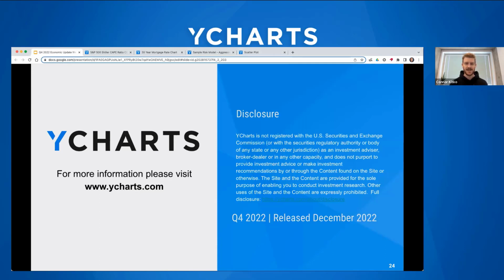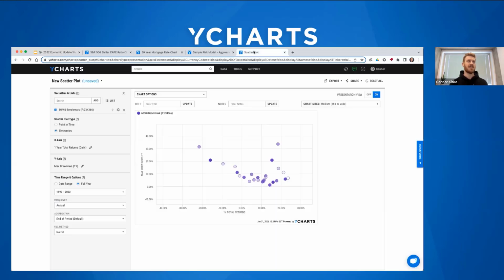So we got a few questions. Otis and a couple other people wanted to know about the jelly bean chart or that asset quilt that we showed at the beginning, asset classes, periodic performance. And this is something that we offer as a template within YCharts. So it's not automatic, but if you're using the YCharts Excel add-in,